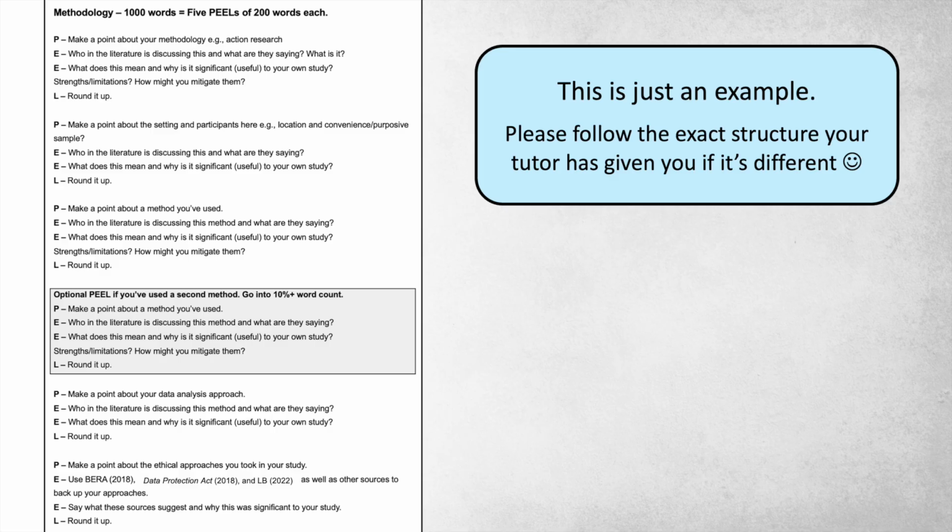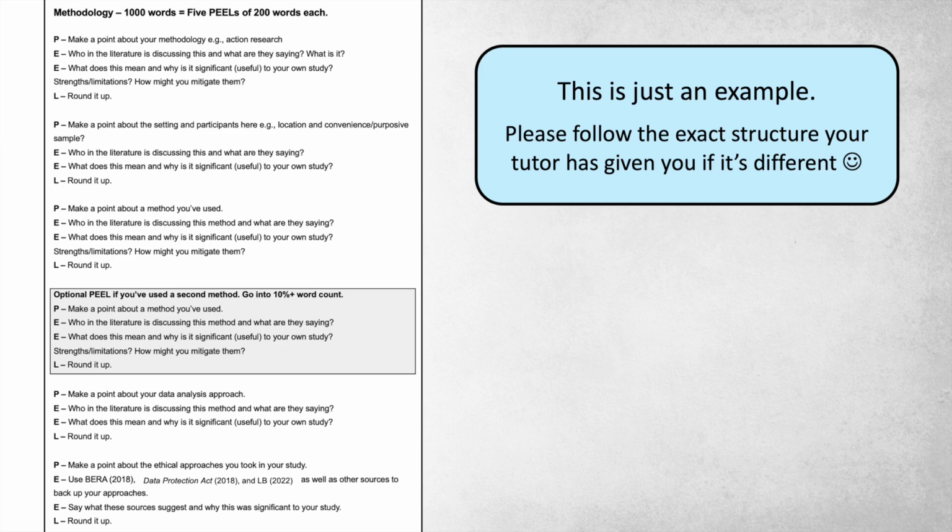If it's a standard approach, maybe you need to offer some information about why this is such a useful method by drawing on the literature. Then you need to explain why this method was suitable for your type of study. What did it enable you to do? What limitations did it have along the way, and how did you mitigate them? Often people mitigate limitations with methods by adding in another method to triangulate their data, which strengthens the validity of